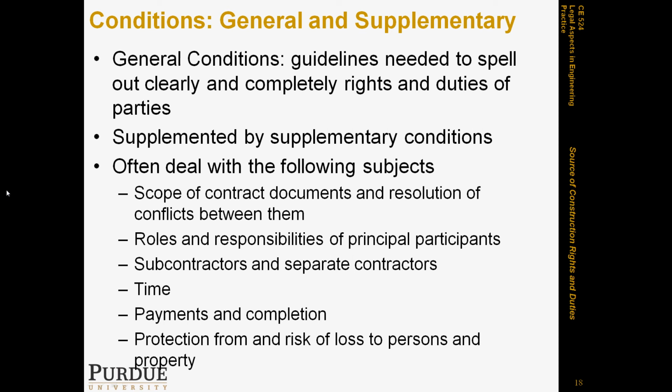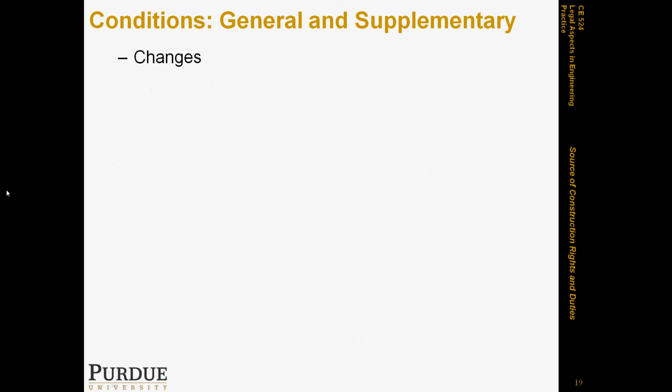So it would talk about the requirements for insurance, who would be providing the insurance on the project, for the project itself, like the property that's included in the project, and also for third parties, like the liability insurance that will be carried. For example, if someone gets injured, that insurance will cover the owner and the contractor in case someone gets injured and they sue both of them as a result of this injury. So it does talk also about changes, the process for creating changes and approving them,